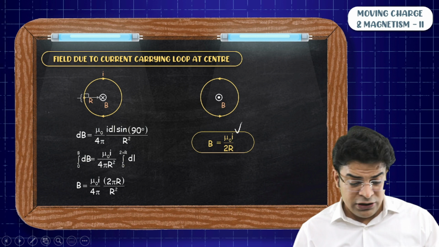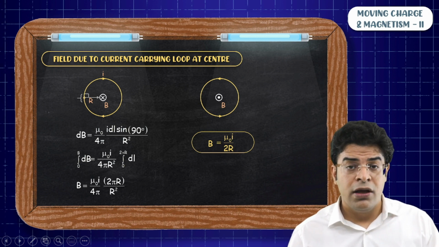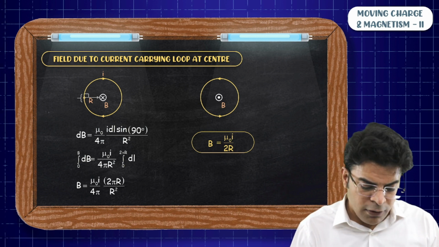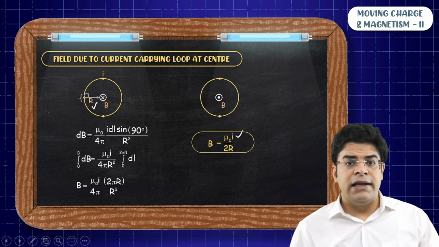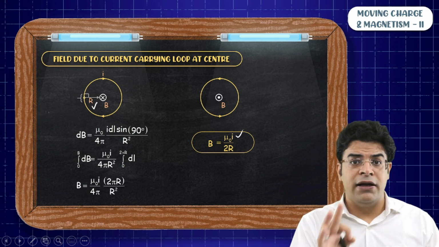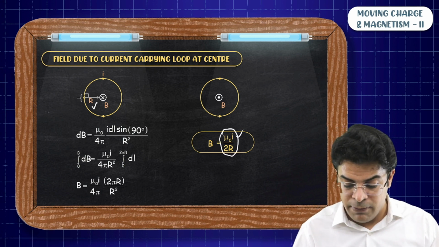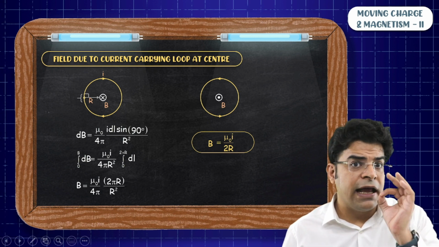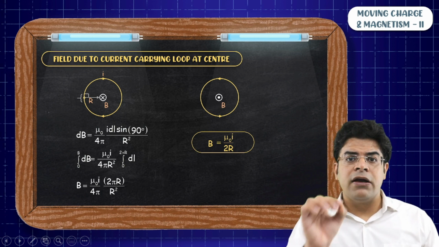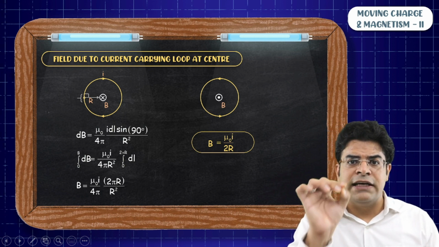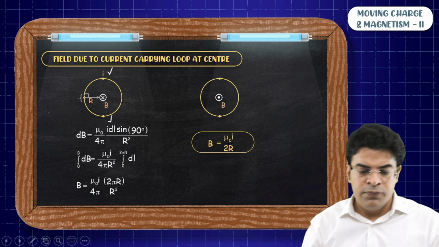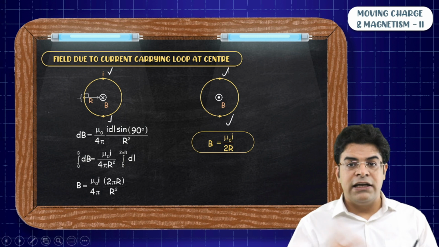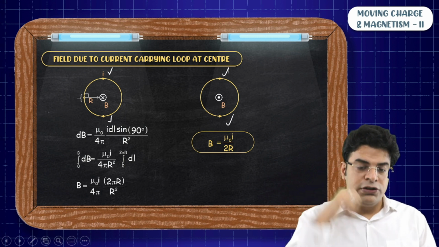So is this some result that I need to remember? Yes. If a circular loop of radius r carries a current I, then the magnetic field produced by it at its center is mu naught I by 2r. To get the direction of magnetic field, simply curl the fingers of right hand in the sense of current. If the current is clockwise, the magnetic field will be inwards. If the current is anti-clockwise, then the magnetic field will be outwards.